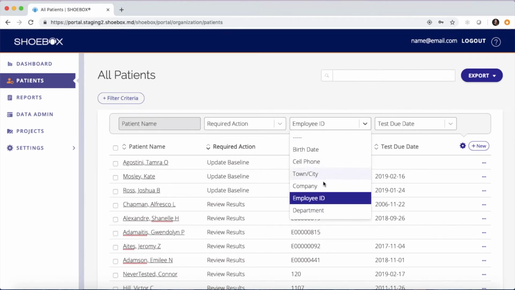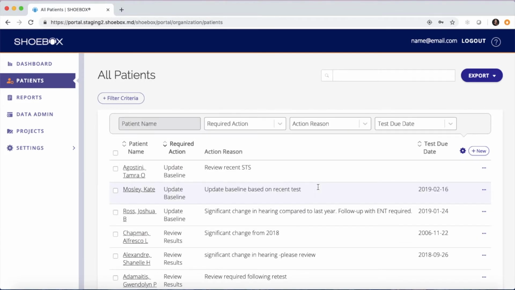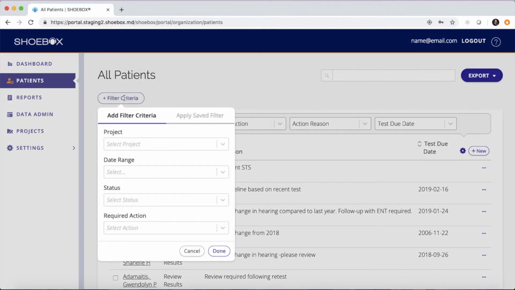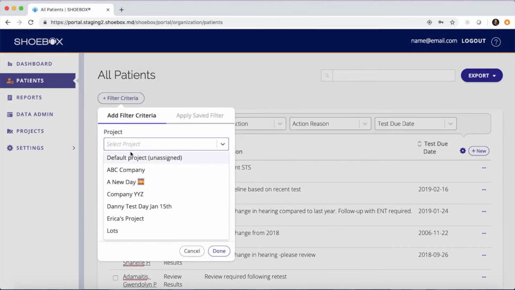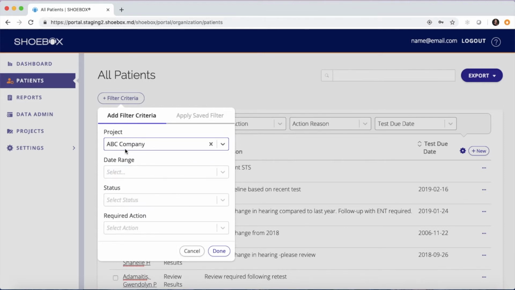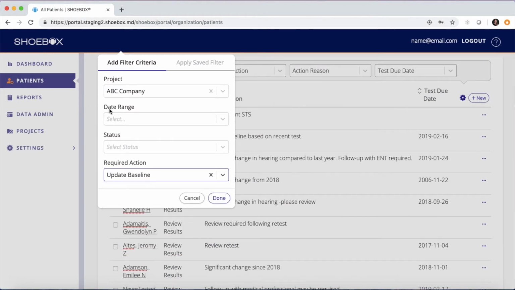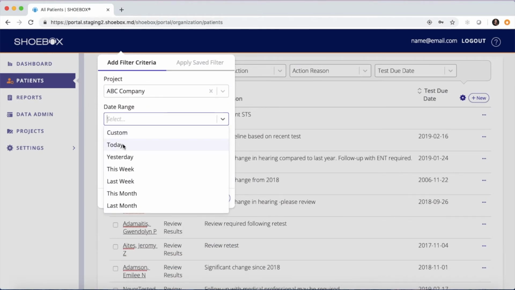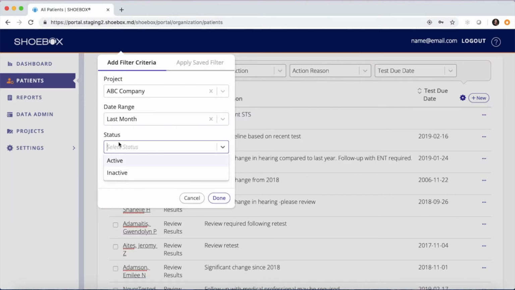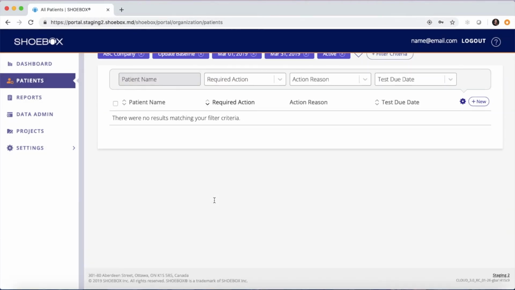So I click on the gearbox and I can scroll down from a number of different options. In this case, I've chosen to display the required action as well as the action reason. And now I can filter this list. So I can filter it by the project, select a date range, a status, as well as a required action. And once I've saved that criteria,